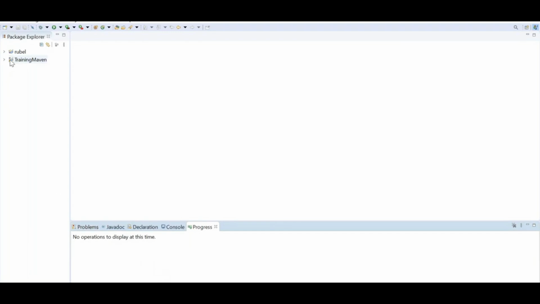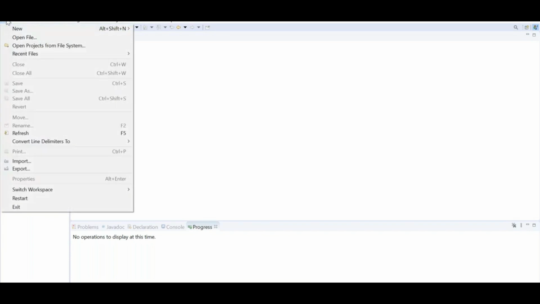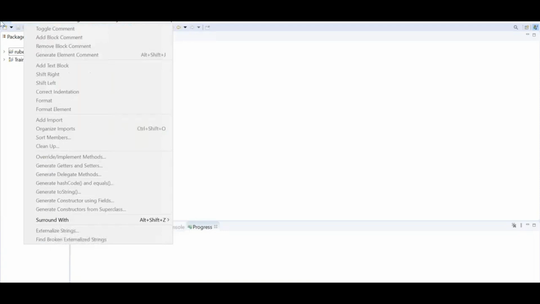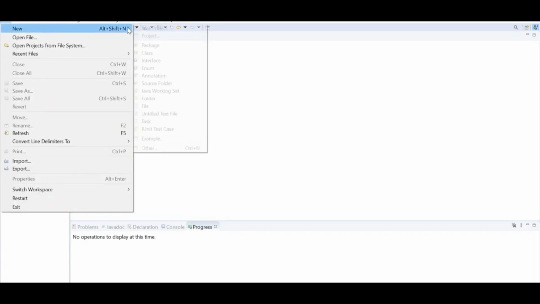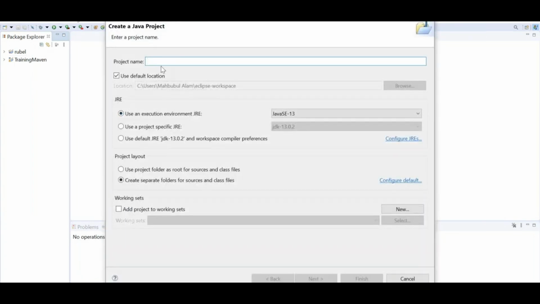You can see a Maven project and a Java project. Here you can see a small j and a small m. M stands for Maven, J stands for Java. This is how you can create a Maven project. But if you don't want to automatically download software, just a simple project, you can go to file, new Java project. Instead of Maven, you type Java and give the project name, training Java,